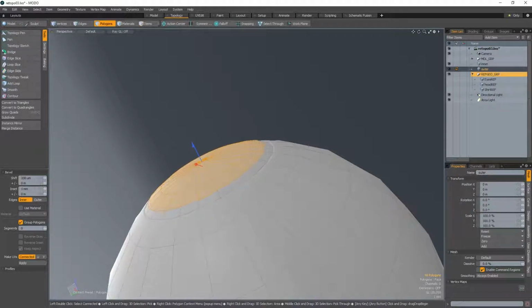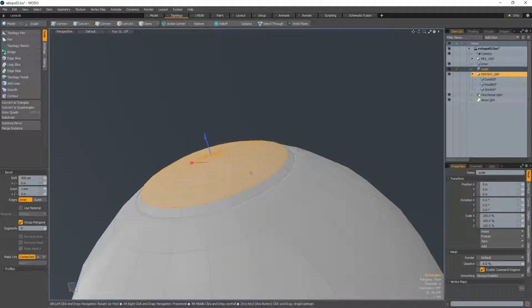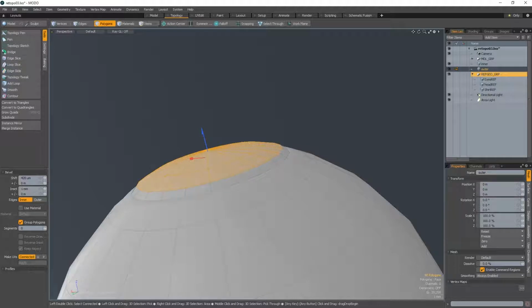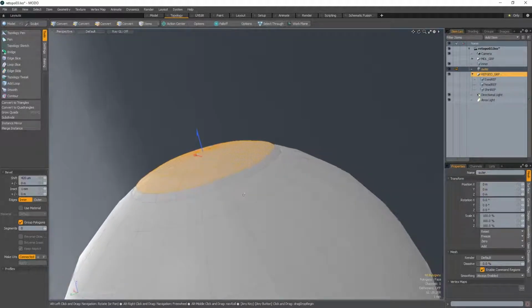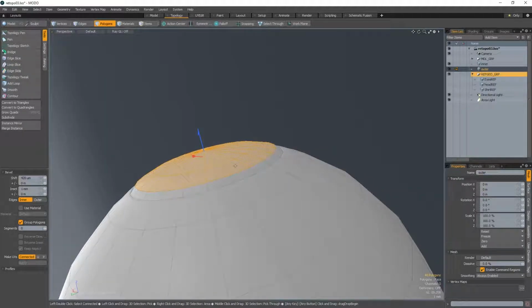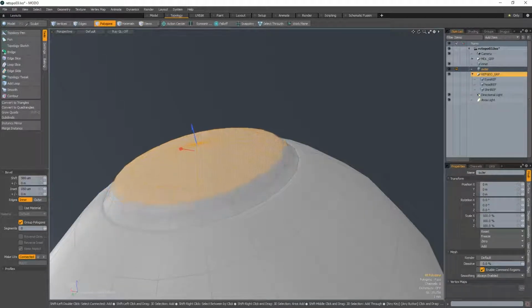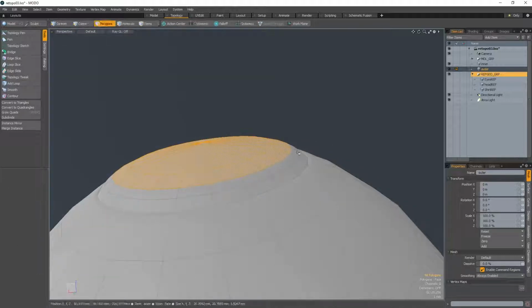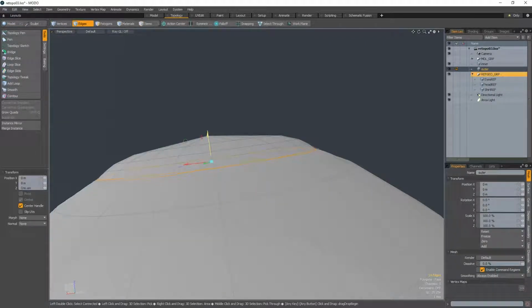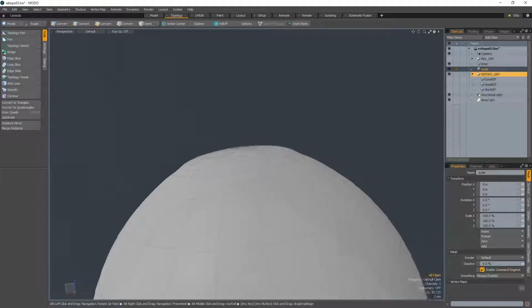Just extrude this out or bevel this out a little bit, because now we want this kind of bulging on the cornea. This is going to look really nice with reflections on. You can see this slight bulging, but we don't want it to be too sharp, because that would look really mechanical and weird. We want this kind of soft transition here. Just move this out a bit as well, because we don't want this to intersect. We want this now to